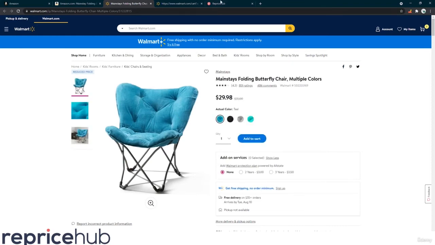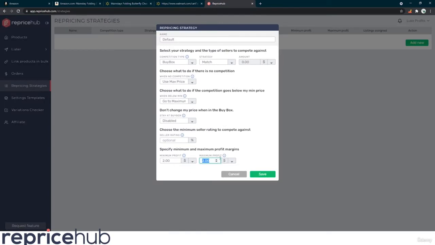So you do want to have a top, just because nobody's going to pay $2,000 for this chair. So this you can decide what you want to do. This makes more sense in percents, but let's say $50 profit, for example, if you're using dollars. But normally I use profit margin here, and so we could just say it's not worth my time if the profit isn't even 5% on the sale, and maximum profit I'll just leave it 50% because that's probably a pretty